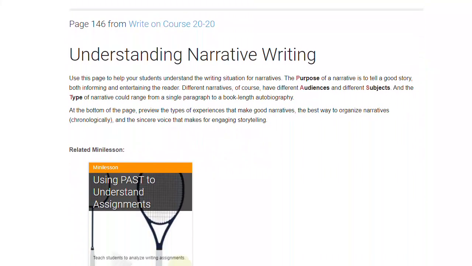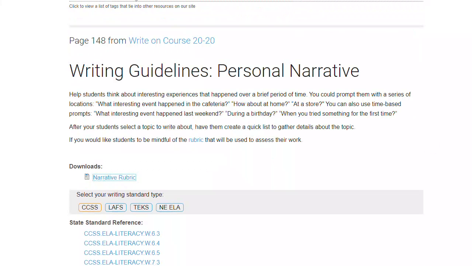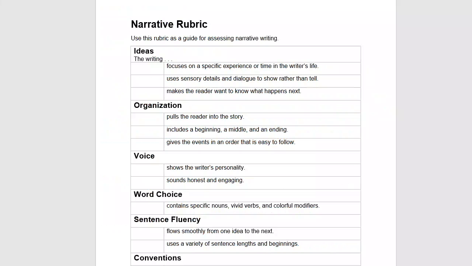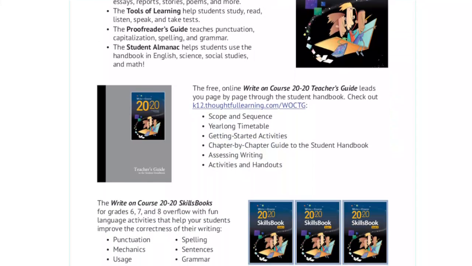And then page by page, I get suggestions for presenting that page, as well as other supports that I can use. For example, this mini lesson on using the past strategy for rhetorical analysis. Every checklist and rubric in the book is also available as a download. And you'll find many other helpful downloads as well. To get started with this program, download the Write On Course 2020 program sheet. It overviews everything that this video has talked about